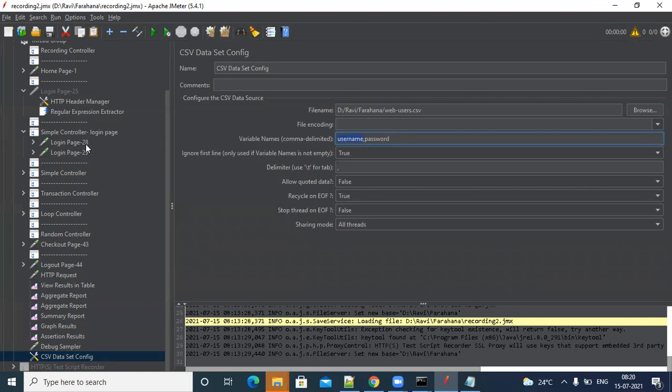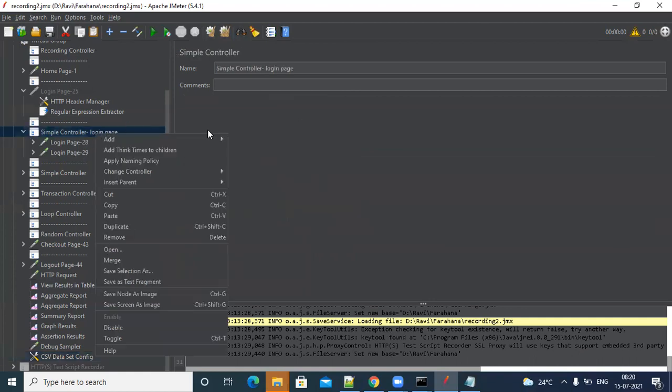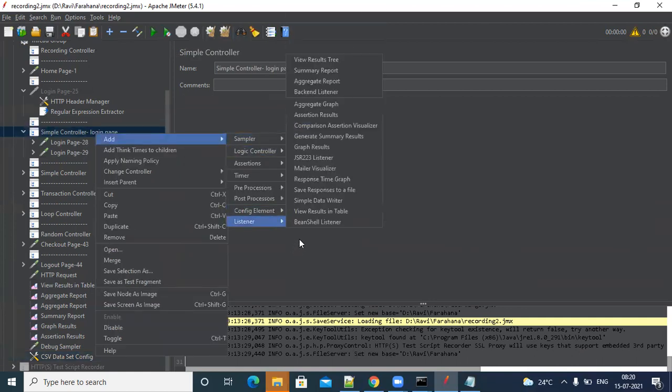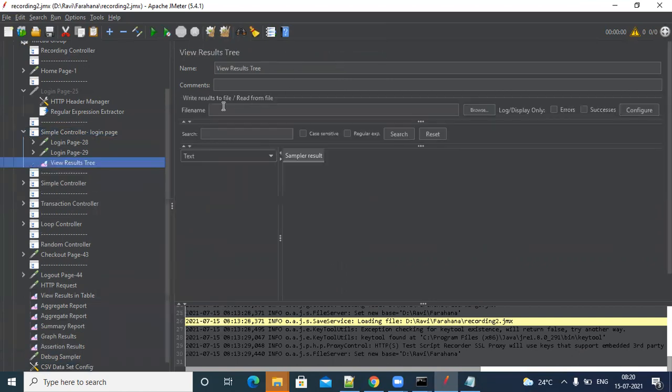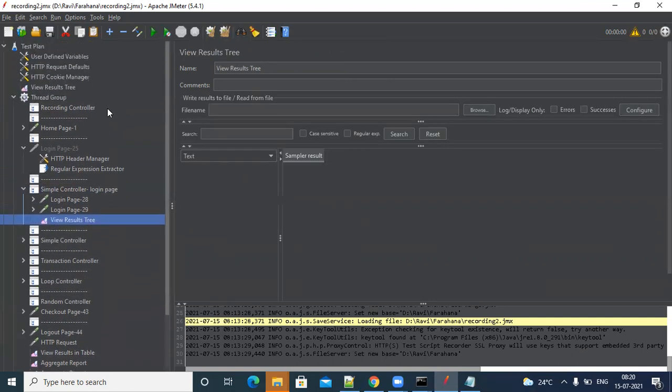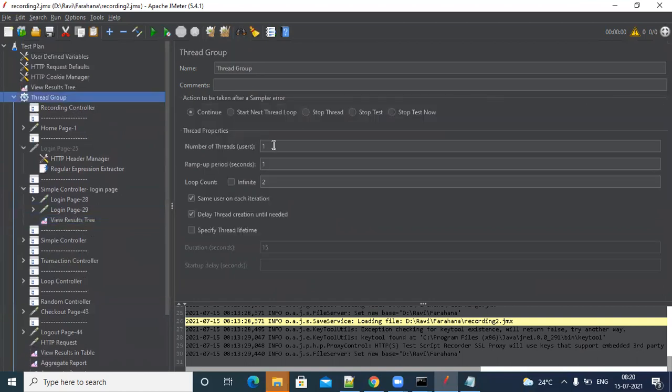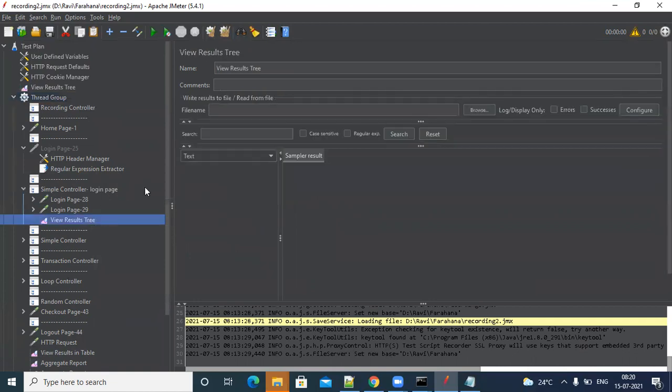Okay, so let me add a view results tree here to monitor it closely, instead of checking in all other results. Let's run with only 3 users first, and let's see whether it is taking 3 different usernames or not. Okay, let's run.